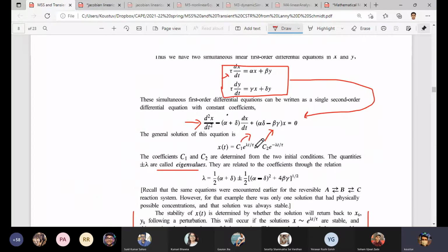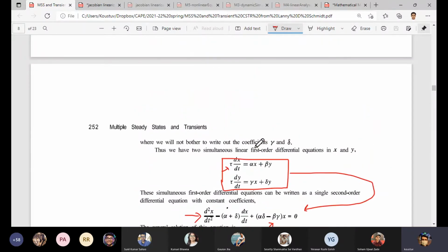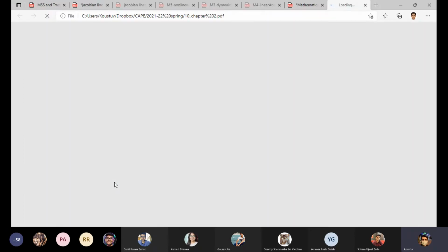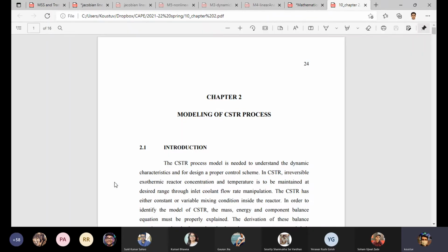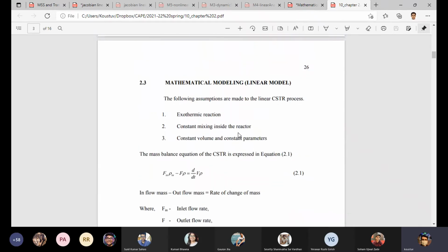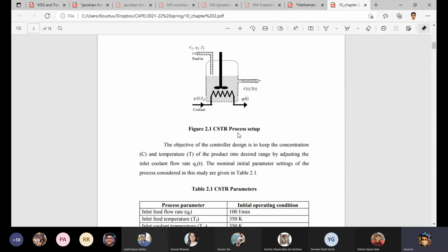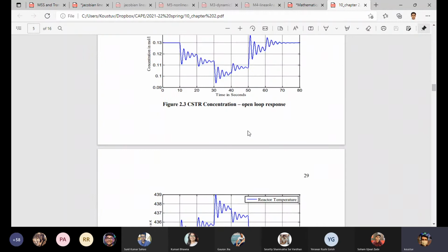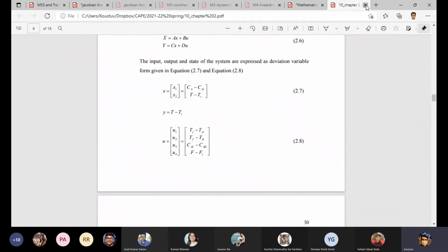So take up this task, or maybe I can give it as an assignment problem. Which one do you want? I'll give the glycol question as an assignment problem. Ethylene glycol, I think propylene glycol. Let me open that part maybe. This is the question. In fact, this has also some data. CSTR process startup. Let me see.